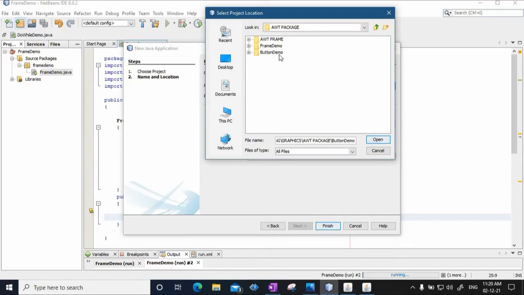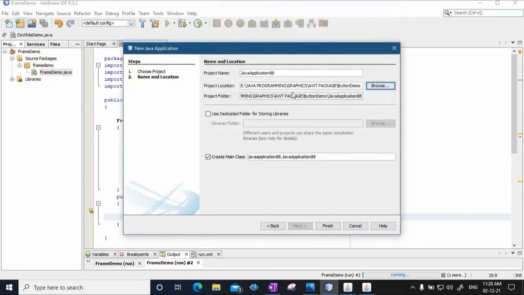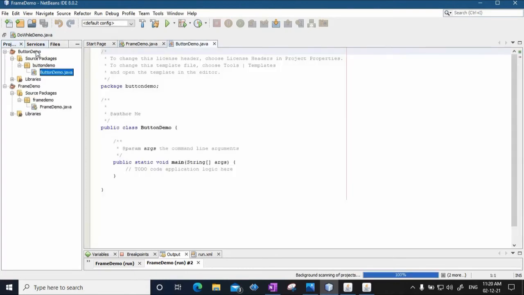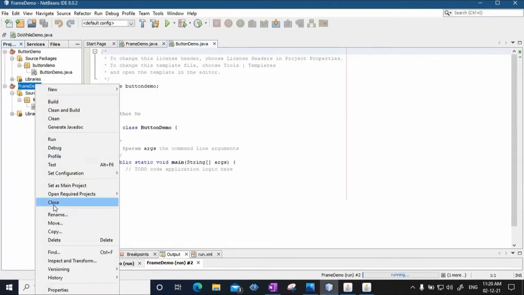My project will be saved here in button demo. The project name will be button demo. Fine, and I'll say finish. I'll close this frame demo.